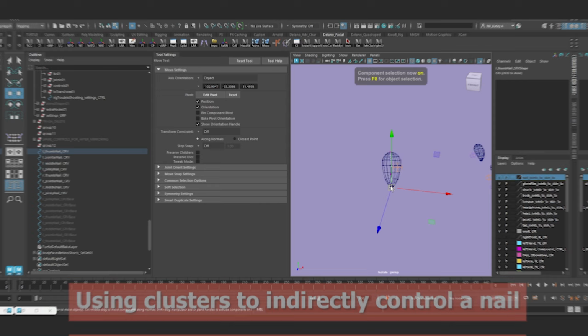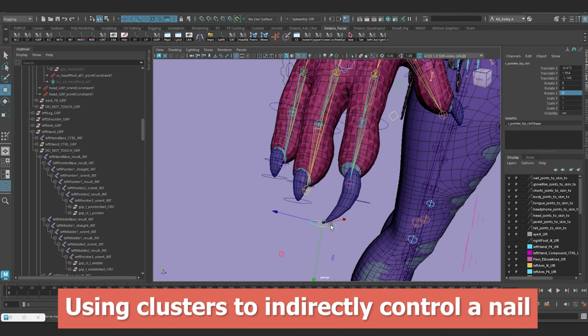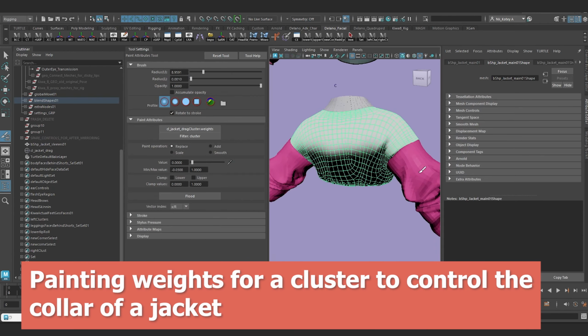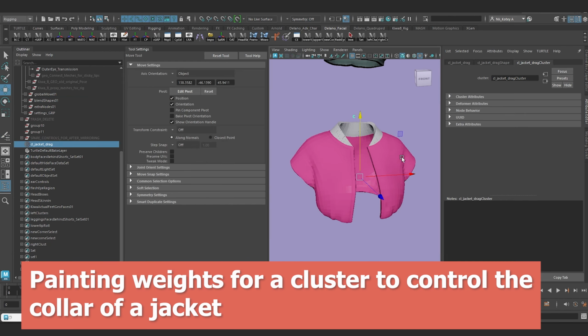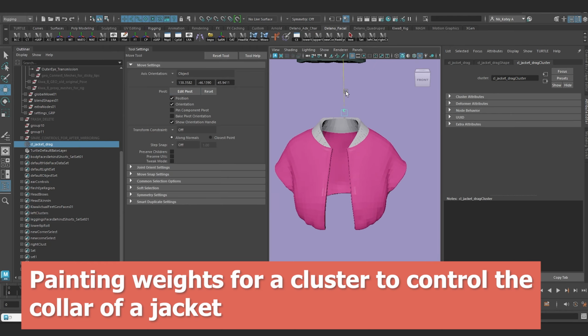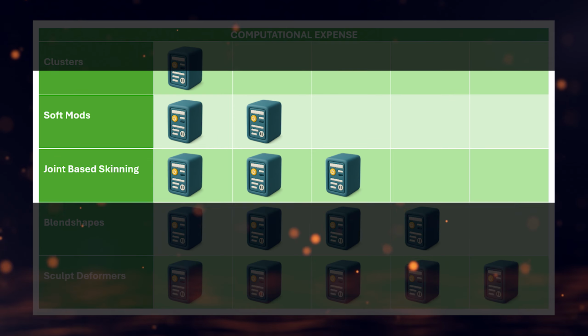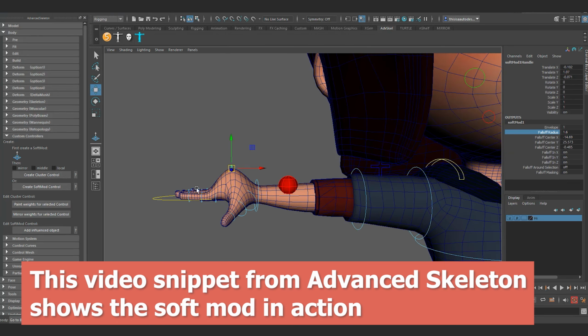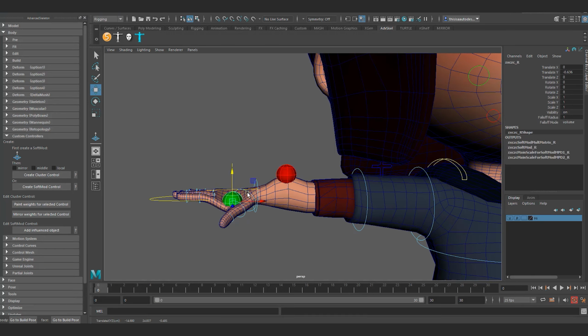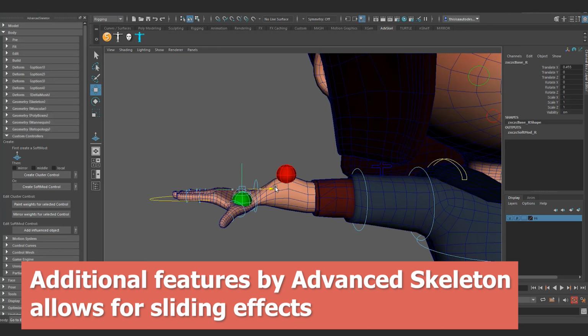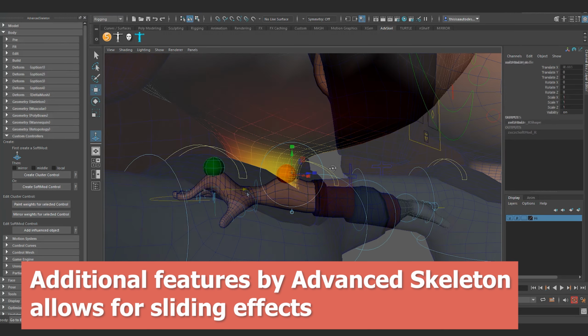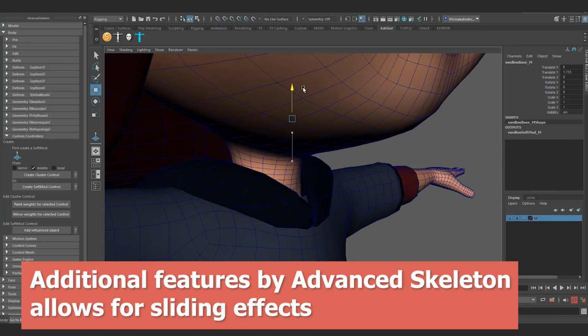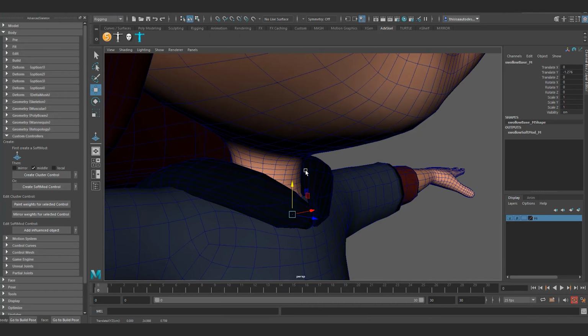A cluster is a straightforward deformer that transforms a group of vertices based on a single handle's movement. It's very fast due to the simple mathematical operation of applying a transformation to a defined set of points. A soft mod is a powerful, non-linear deformer that applies transformation with a fall-off, similar to a proportional editing tool with history. It is considerably more computationally intensive than a cluster because it involves more complex calculations over a defined